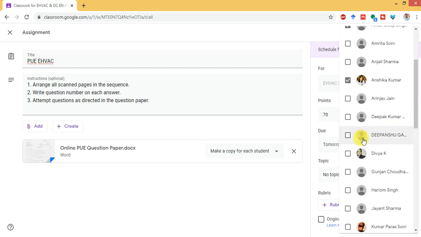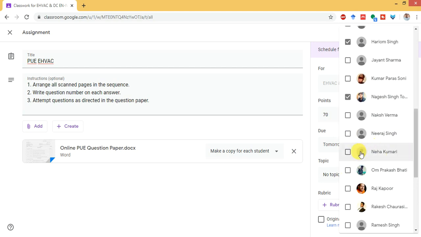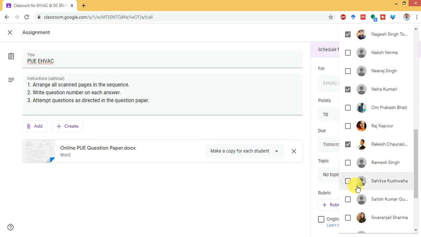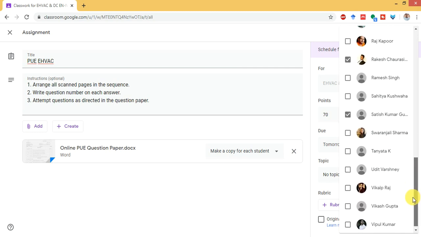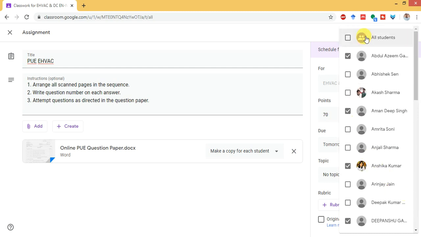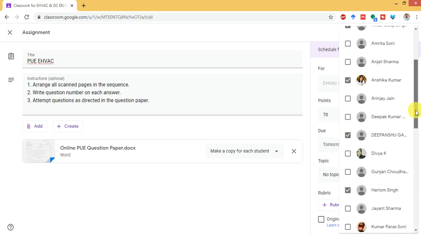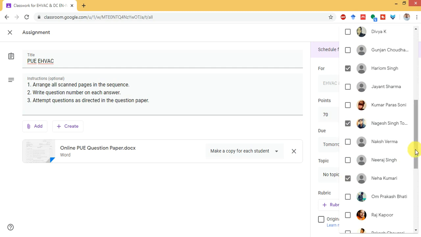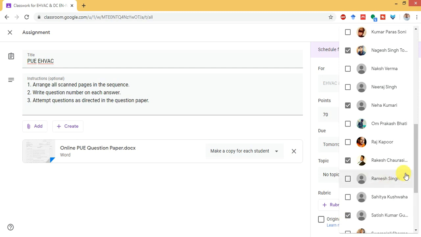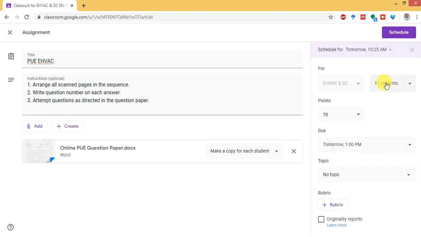So 1, 2, 3, 4, 5, 6, 7, 8, 9, 10 and 11. So a total of 11 students are selected.